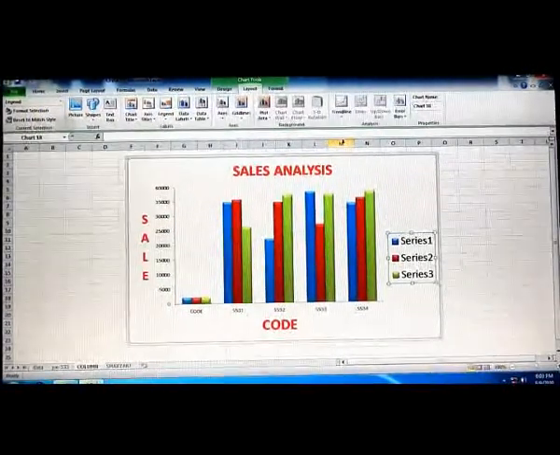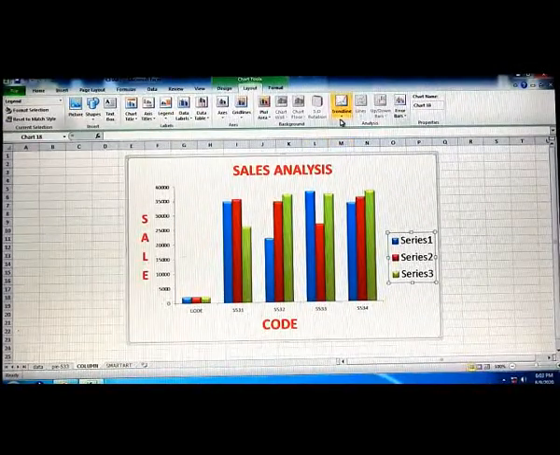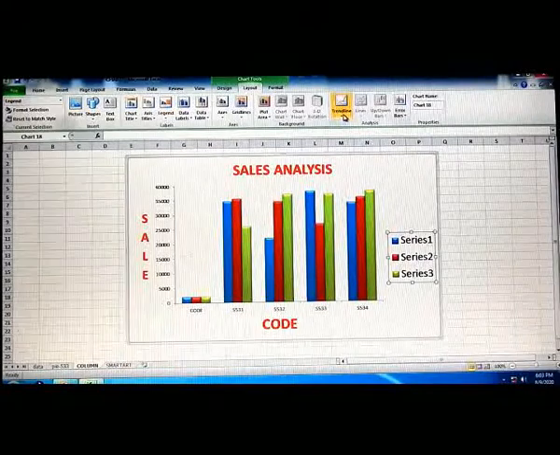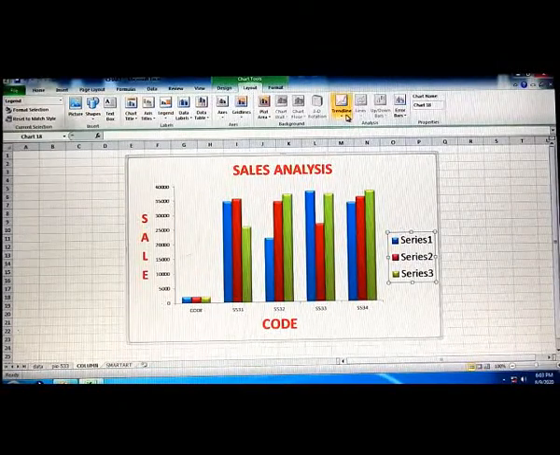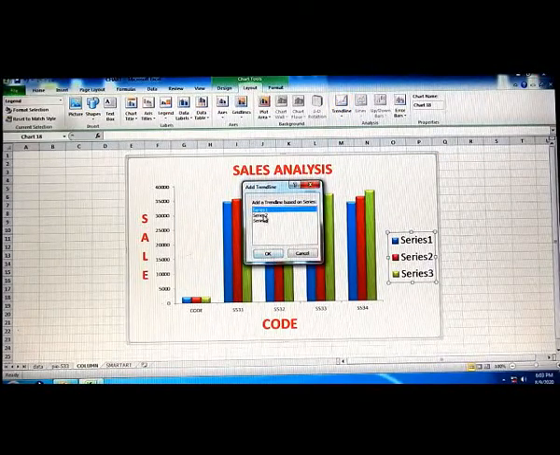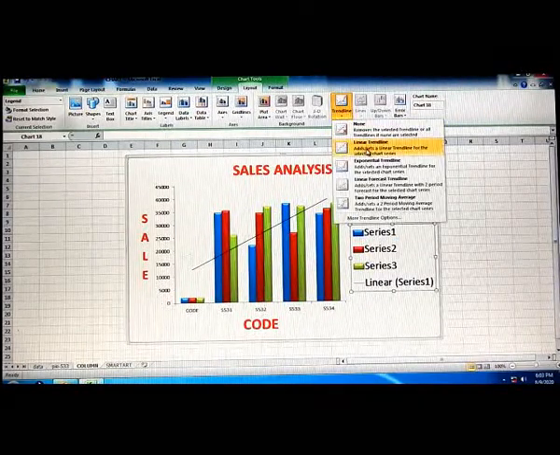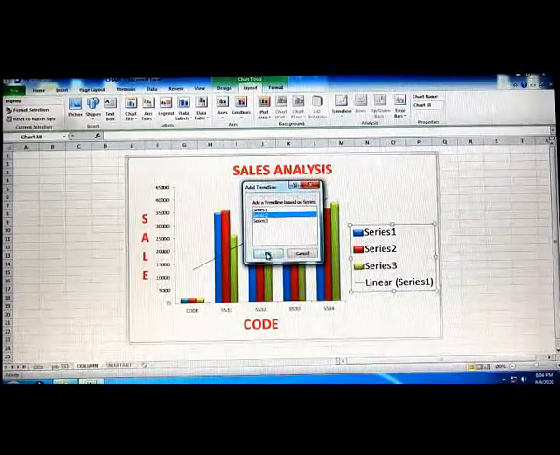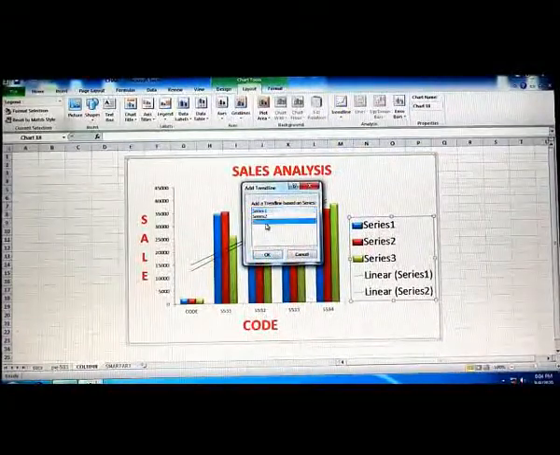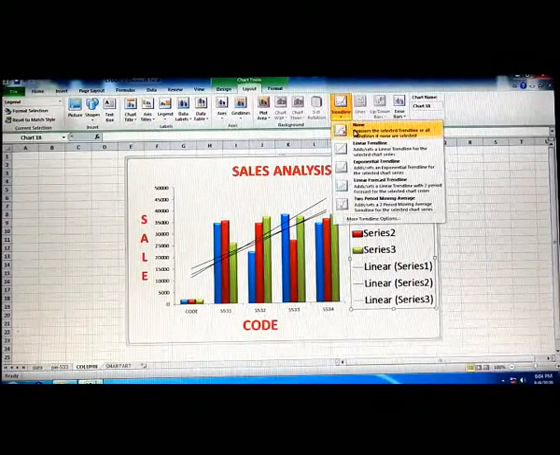So now next, in your update your knowledge, there is written trend lines. Now what are trend lines? Trend lines show the trend, that is, whether the growth is increasing or decreasing. What type of growth is there? So click at this again, layout tab, trend lines. Linear trend lines: series 1, series 2, series 3. First of all series 1. You can see this line. Then linear trend line, series 2. There are 3 series, so 3 trend lines. Linear trend line, series 3. If you don't want to show trend lines, click at the button and click none.